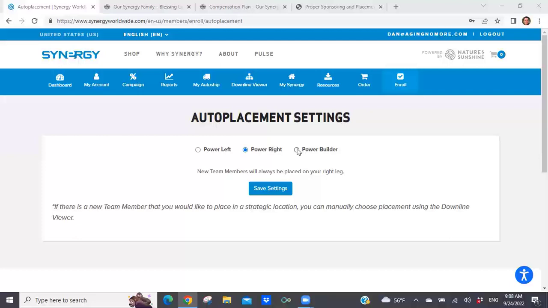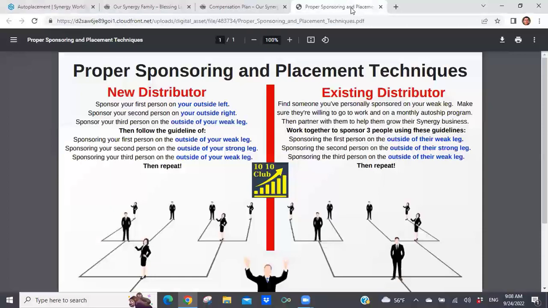So you have that, where you can do auto placement settings through Synergy Worldwide. That's an option for you. You can see that I have mine picked. And going back to proper sponsoring and placement technique,